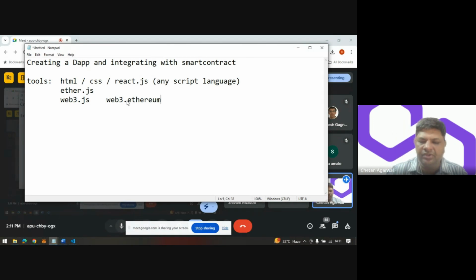Okay, so for that purpose, we will be requiring Web3.js, and you can have tools like I'm using Remix right now. You can use Remix, Truffle, Hardhat, Ganache. So it's a normal development. Only a small integration part is there, simple, that I'll try to explain to you